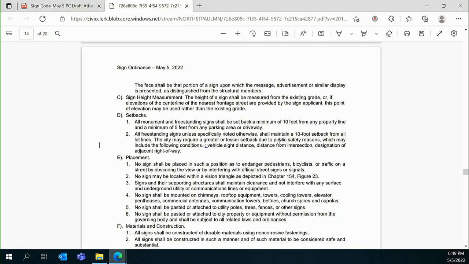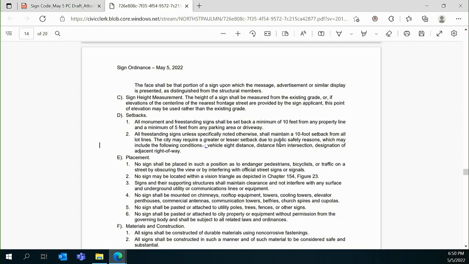A monument sign is defined as a freestanding sign. I know it is, but I'm not exactly sure why we're distinguishing between the two, monument and freestanding in one, and then all freestanding in the other. Remind me if this freestanding and monument rule applies to political signs and the like. What I'm asking is is it our intent to regulate all signs so that they're set back 10 feet? From what I see here, yes.